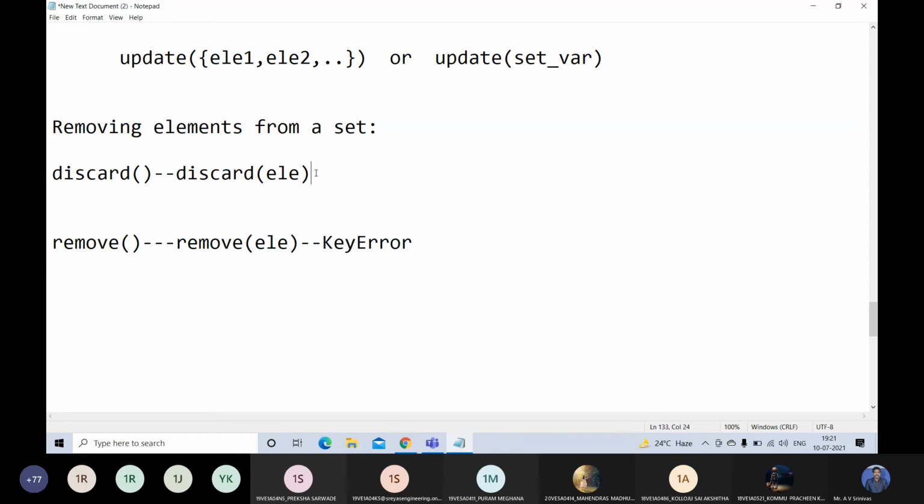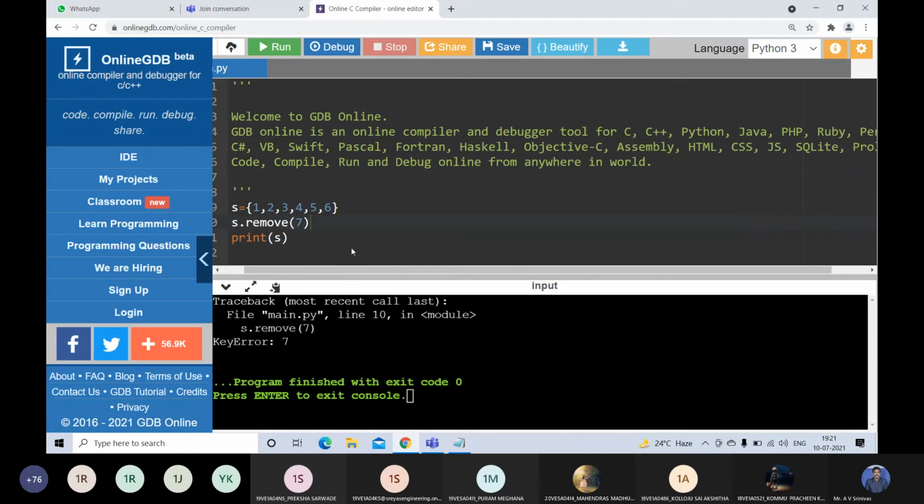Whereas the discard method will not give any error. It will give the original set as it is. See here, my set is 1, 2, 3, 4, 5, 6. I am giving S dot remove of 7. 7 is not there. So what is the error here? Key error 7.